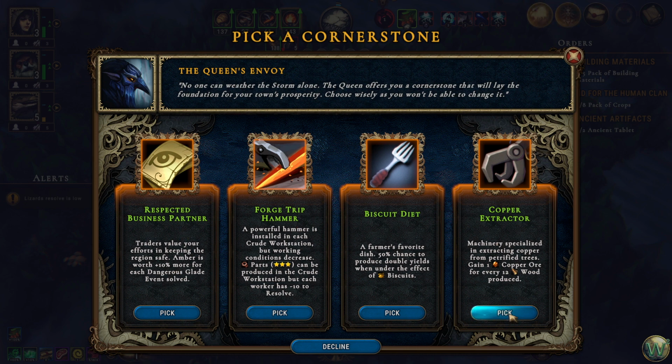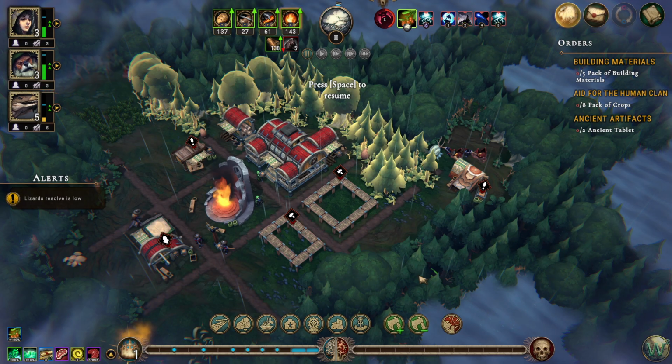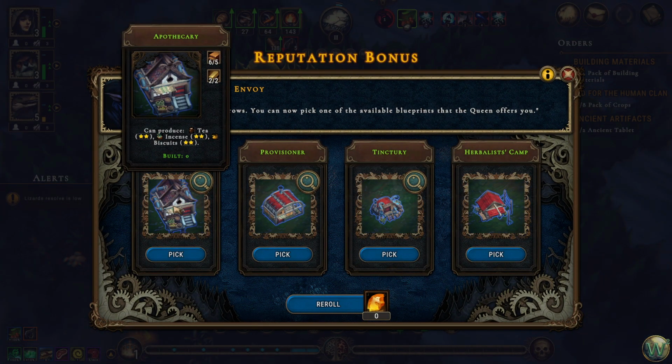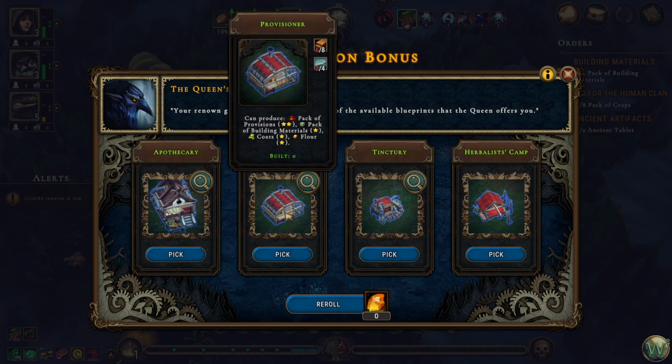I think I will take this one so that we can make some copper bars, hopefully, so that we can make some tools. Because otherwise, I don't know that we're going to be able to make tools. And this here, apothecary. There's, of course, biscuits, so I turned it down. I guess I should have come here and looked. That's what I get. Packs of provisions, packs of building materials, coats,